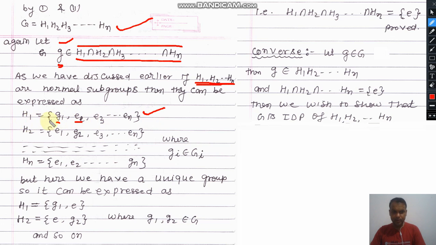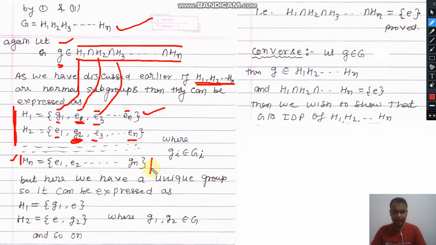If you take a non-identity element from the first subgroup, then the remaining places will be filled by the identity of the remaining subgroups. And if you take a non-identity element from the second group, then the remaining positions will be filled by the identity element of the remaining subgroups. This is the nature, and we have already proved this part in my last lecture. So Hn will be written in this pattern,